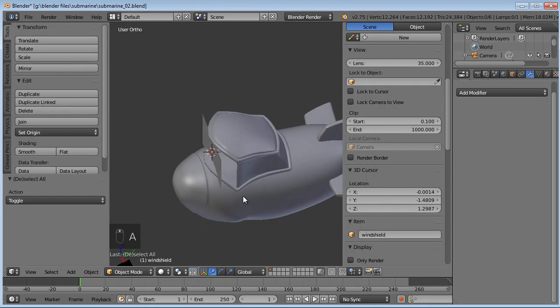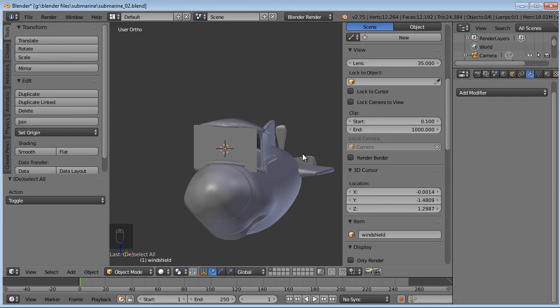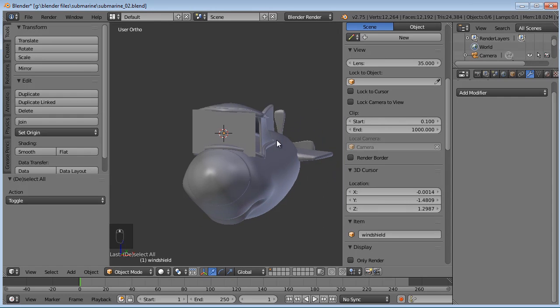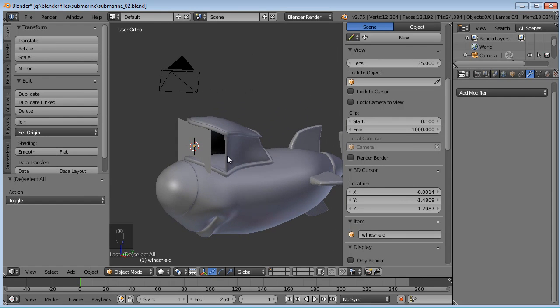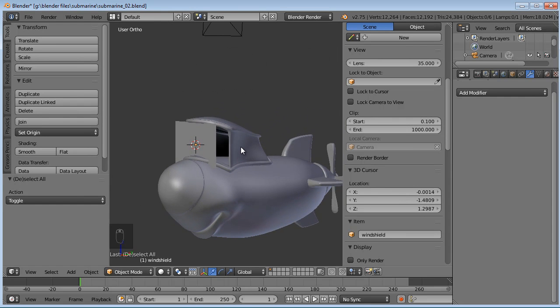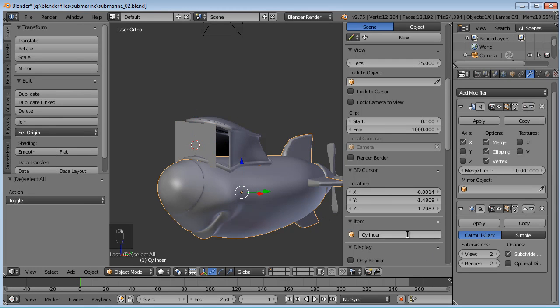I'm not exactly up to speed on all the nautical terminology for submarines and their parts, but in any case, we'll just call that a windshield. Name this one, I guess, submarine. I don't want to name the other parts, because we could if you wanted to. You could name that top or whatever, but we'll end up merging it with the submarine later.